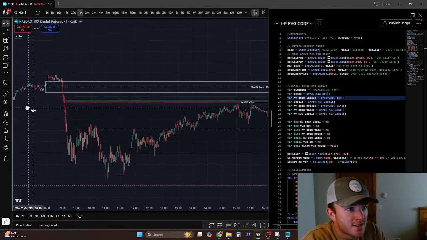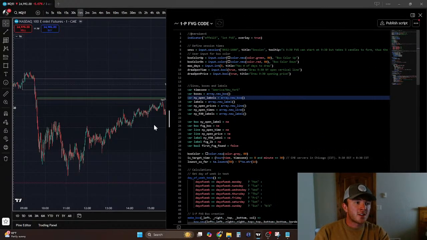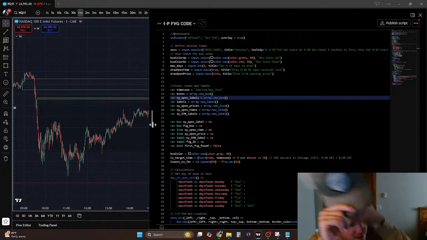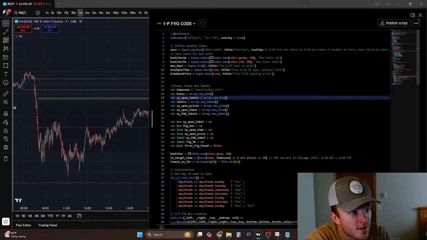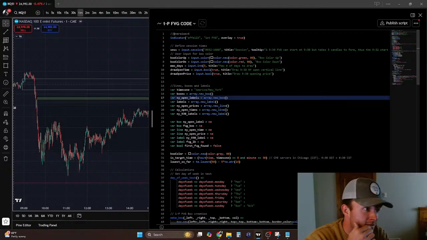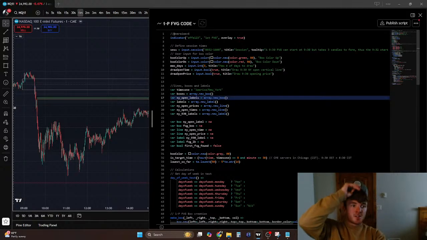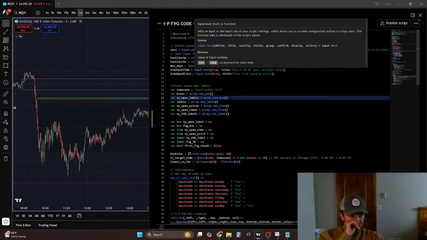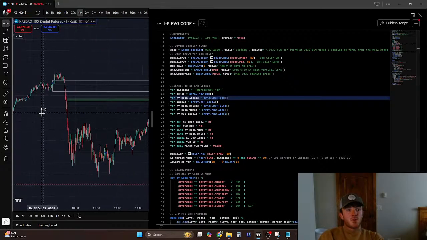So what is this box, anyway? Actually, let's just try and understand the code. Let's start there. So, alright. It's asking for all the inputs. So, inputting the session, like the time of the session. Inputting the bullish color, the bearish color, the max number of days, opening time,